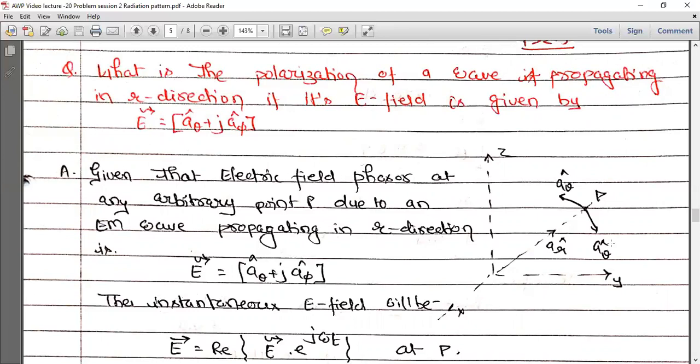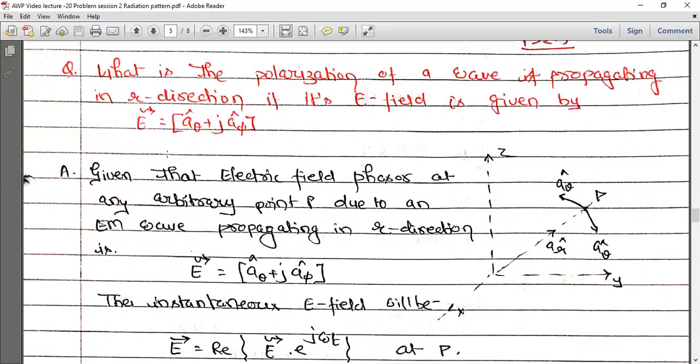And in this manner, all three coordinates are perpendicular to each other. And electric field intensity has these two components, which are harmonic, time varying, and oscillating. So with respect to time, electric field intensity along the x-axis is varying, and along the z-axis is varying, and the resultant will be the resultant of these two vectors at any particular time. Okay, so the component along A theta cap and the component along A phi cap, their resultant will be the resultant electric field intensity at any given point, which is given by this particular expression E.